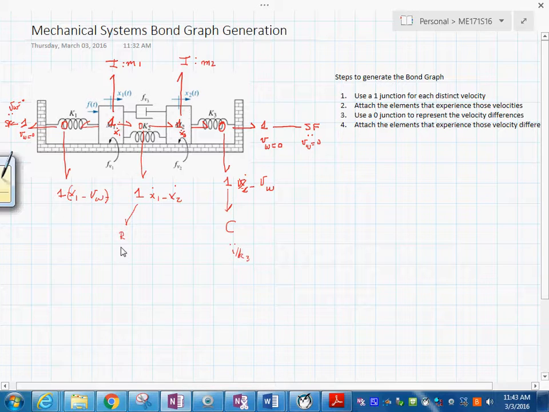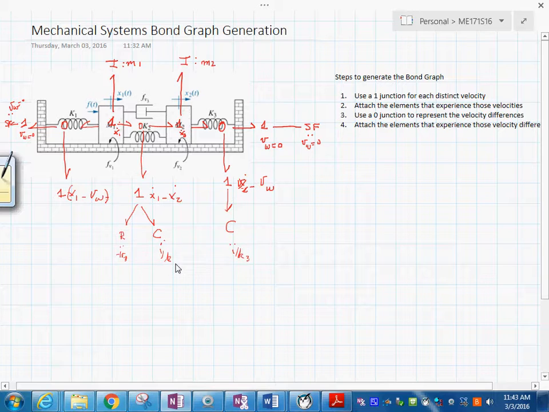Okay, the other thing is this one here. It has the element which is C with value 1 over k sub 1, and I think